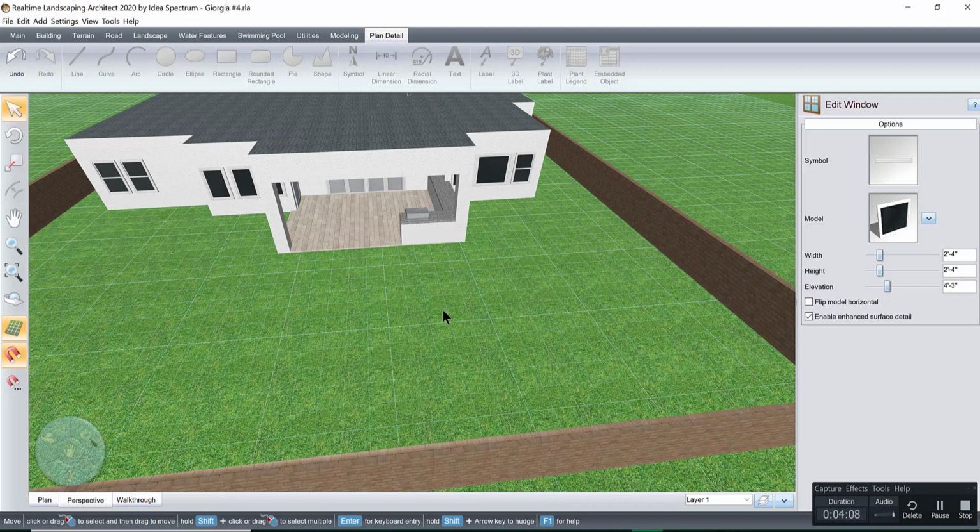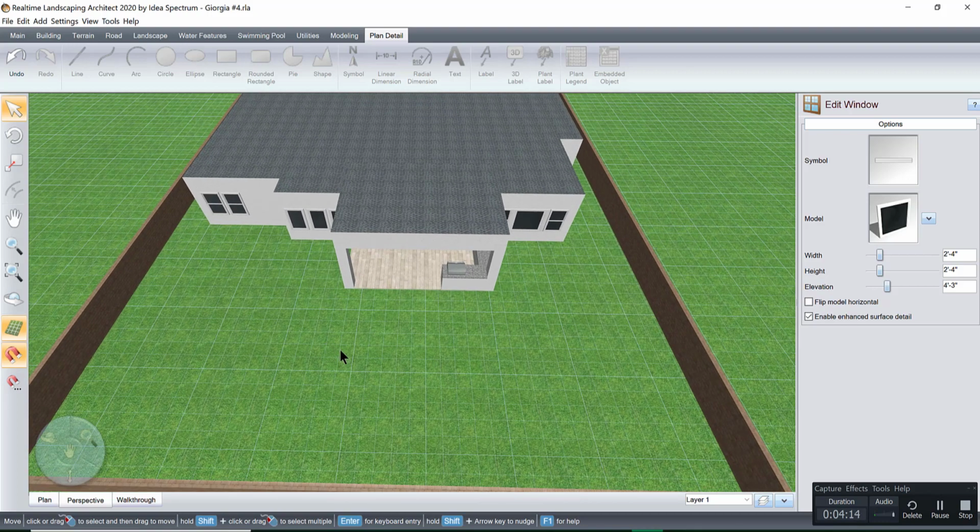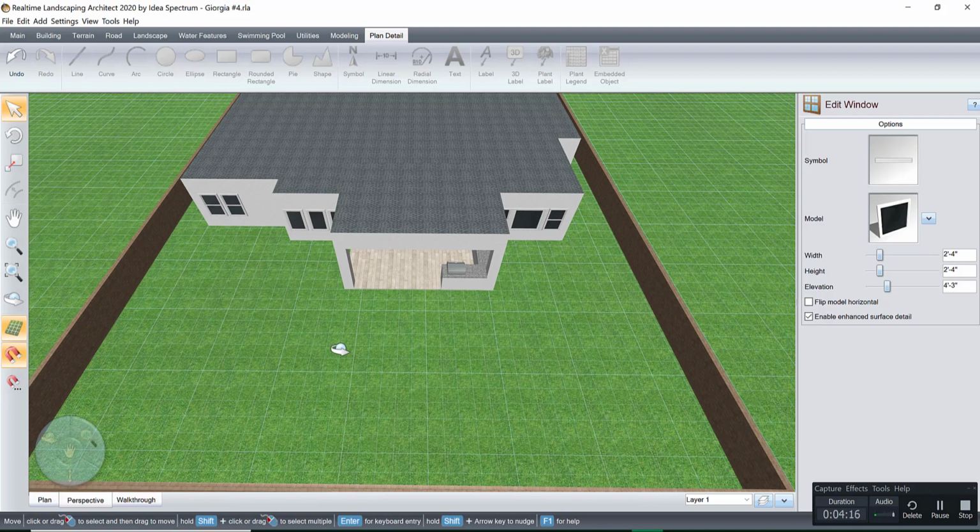The front I may not even show you guys because it doesn't matter as much, but the back, her instructions to me were that she wants an extension of the house, basically, theme wise, so it'll all be contemporary, all be modern, and she does want a pool, she does want a hot tub, she does want a shade structure of some sort, and she does want a fire pit. Now